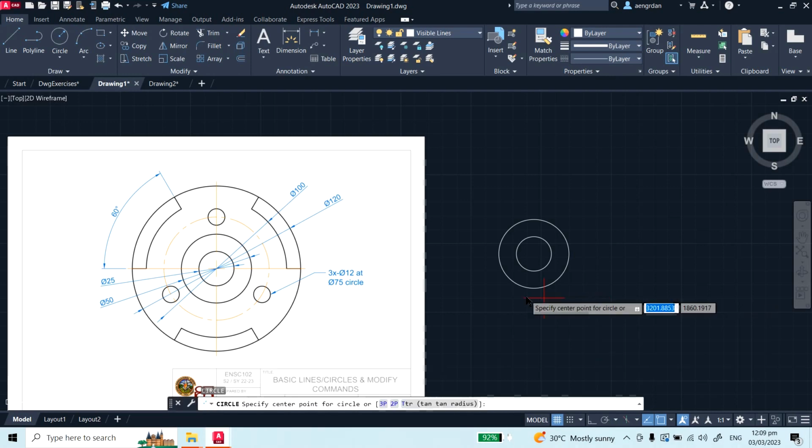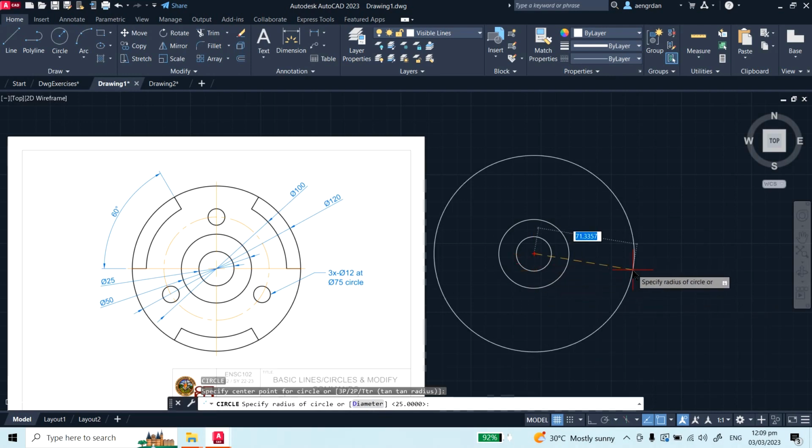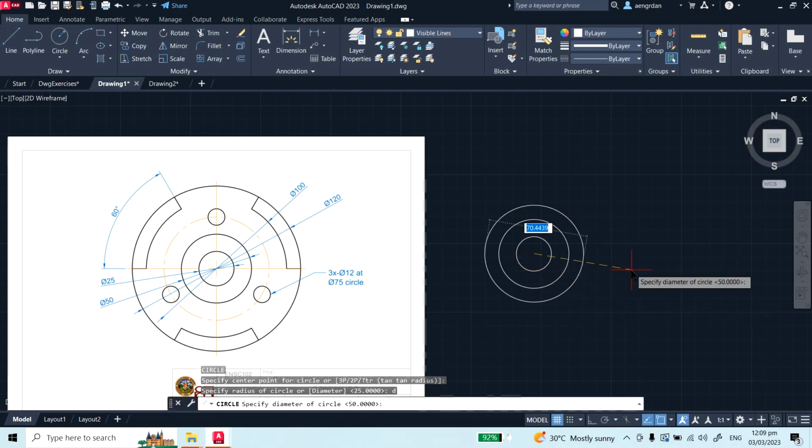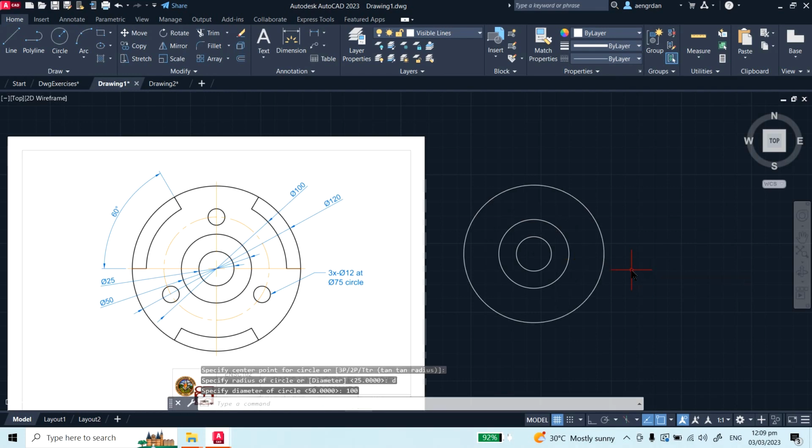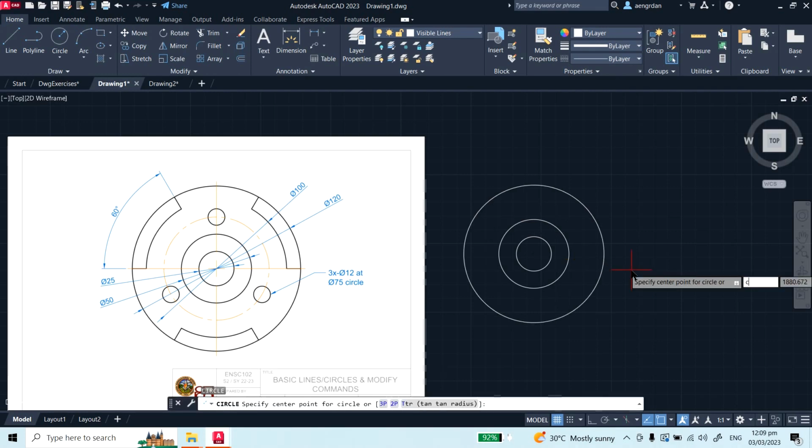Okay, next, circle again, specify center, type D, then type 50. Okay, next, type C, specify center again, type D, and type 100. Okay, and lastly, for the outermost circle,